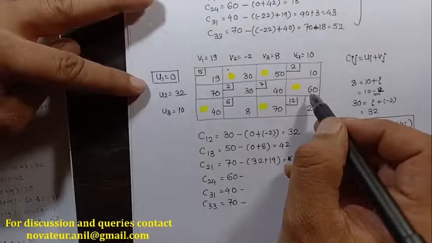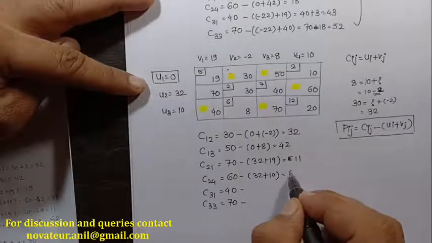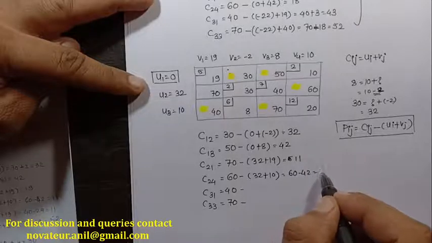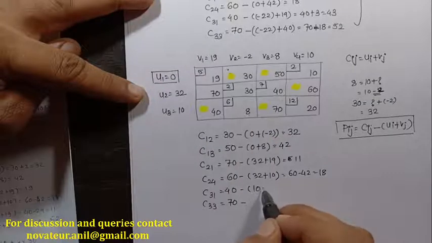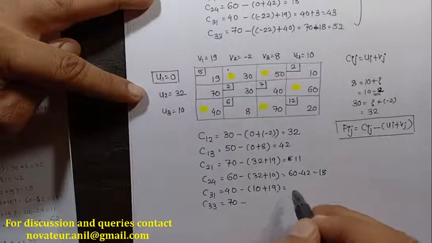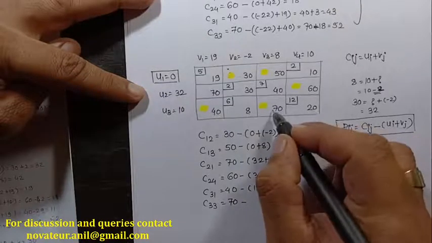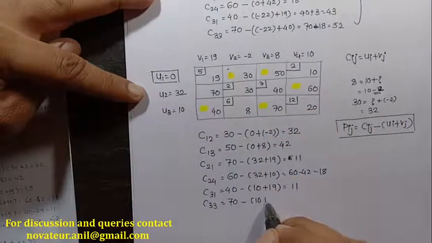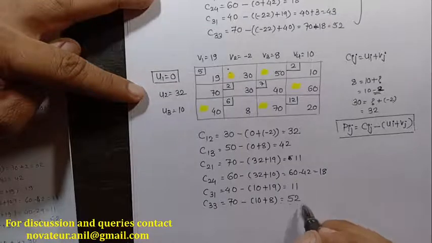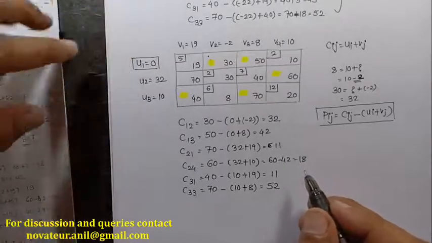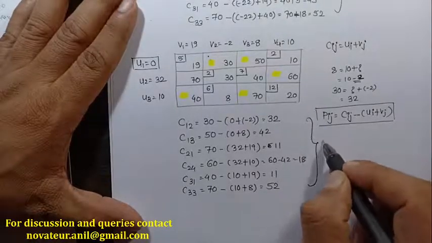60, 32 again, plus 10 is equal to 60 minus 42 is equal to 18. Then 40, this is u value is 10 plus v value is 19, so that is equal to 29, so answer is 11. This is 70, u value is 10 and v value is 8, so this is 18, answer is 52. Okay, we are done with the operation for unoccupied cells, and now we'll check for the condition of